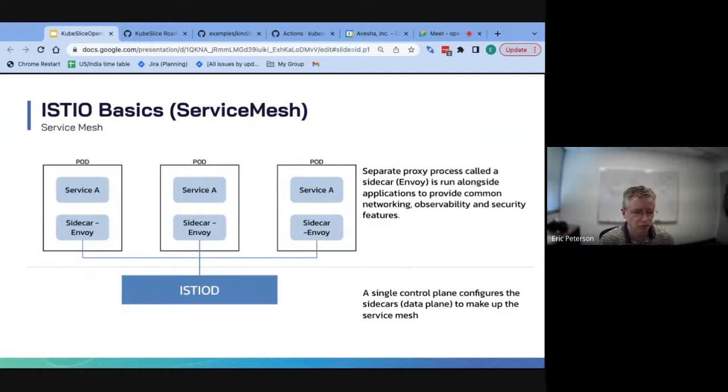Let me walk through, again, if you're not familiar with Istio, talk about that a bit. Istio is a service mesh, and it's normally deployed in a single cluster. It takes all of the services that you want to relate together and provides some infrastructure so that they can communicate with each other. It provides some observability features so that you can track which pod is talking to which other pod, and how much traffic is going there.